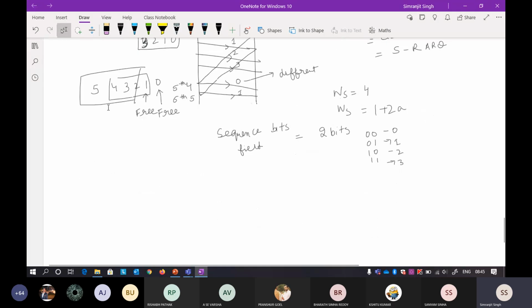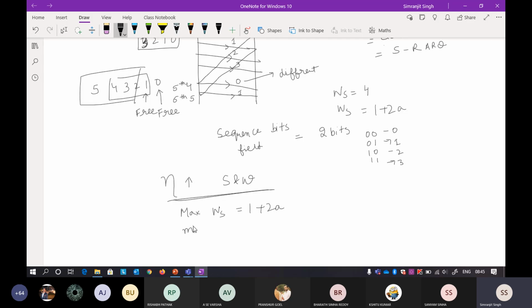Practically it is a bit different, I'll show you also. The maximum sender window size should be 1 plus 2a in order to increase the efficiency, that we already know.